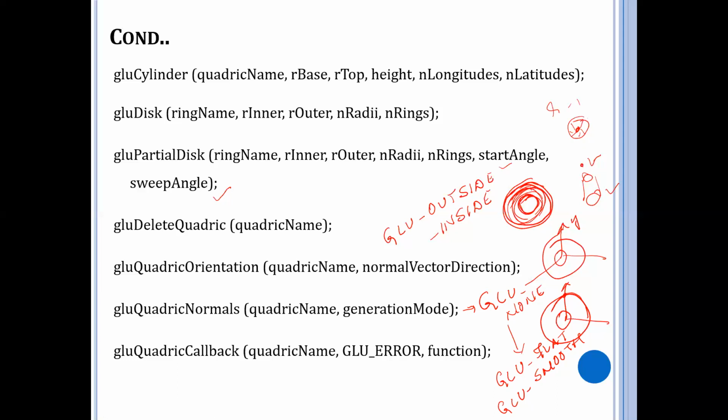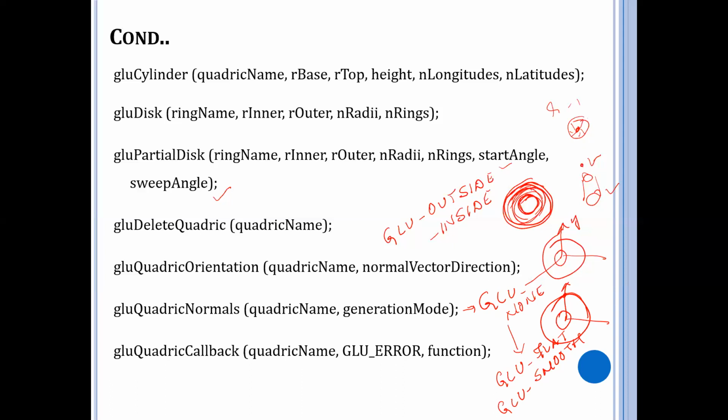If you give the argument as GLU_FLAT, a flat surface shading, wherein it takes a constant color value for each surface, is generated. On the other hand, when other lighting and shading conditions are to be applied, we use the constant GLU_SMOOTH, which generates a normal vector for each surface vertex position.